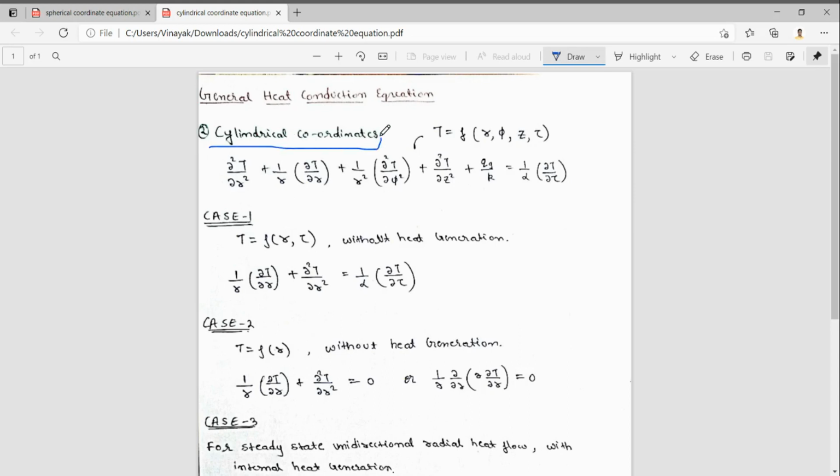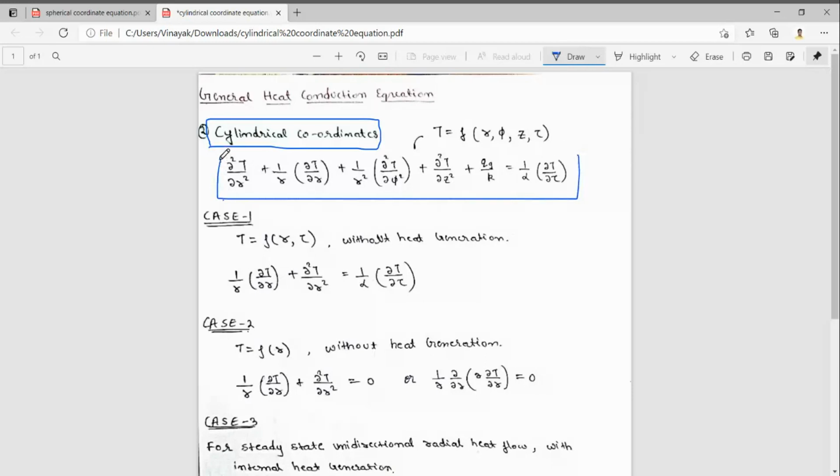In previous videos, we have seen the general heat conduction in rectangular coordinates, and some special cases also we have seen. So, in cylindrical coordinates, the equation will be ∂²T/∂r² plus 1/r ∂T/∂r plus 1/r² ∂²T/∂φ² plus ∂²T/∂z² plus qg/k equal to 1/α ∂T/∂τ. So you should remember this